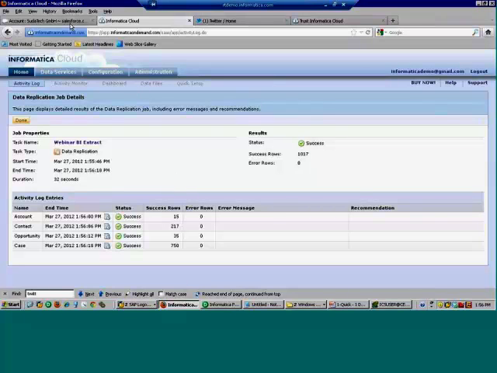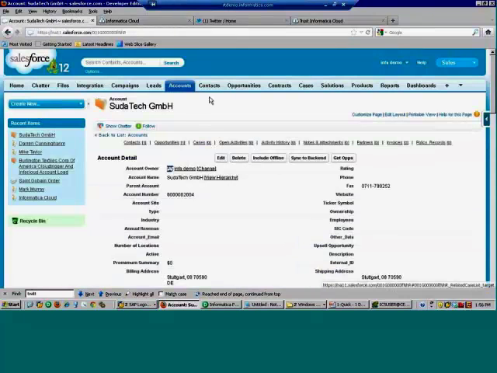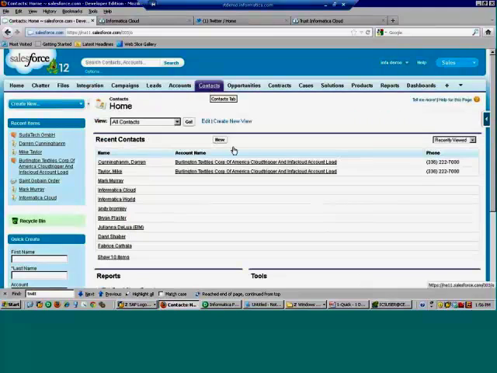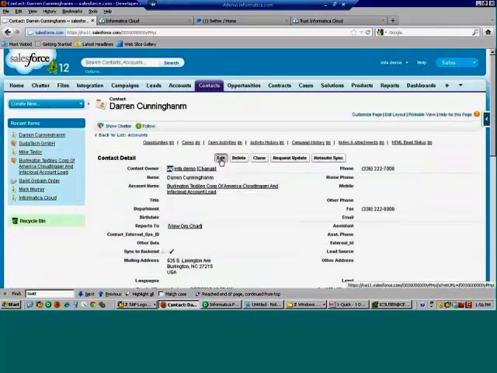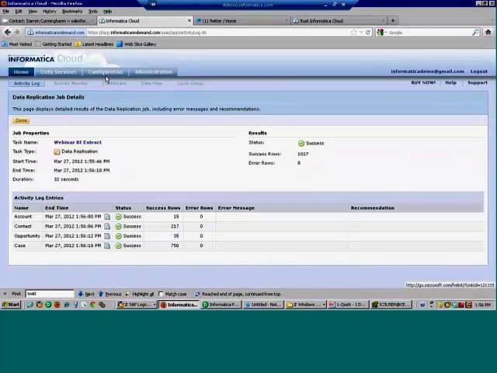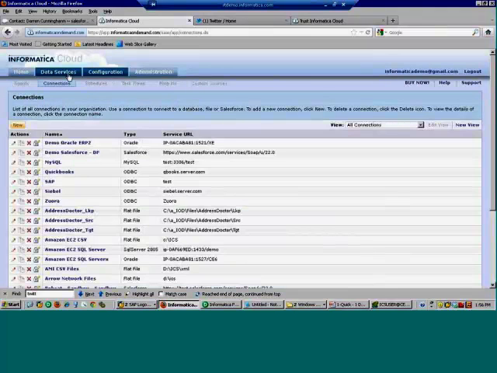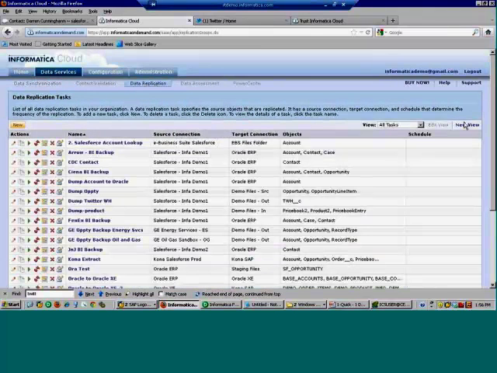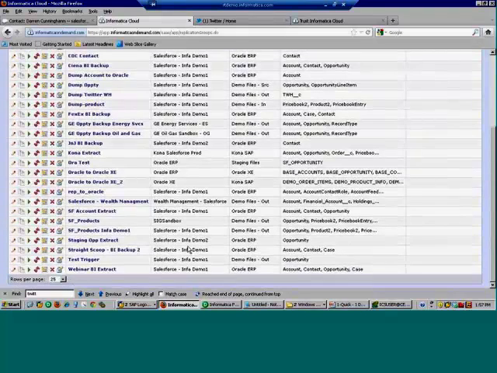That's pretty cool stuff. And where it gets more powerful is if I go back to Salesforce, and let's go to one of our contacts, and let's just edit a contact. We'll edit Darren. We'll give Darren a title. He's a director. So we'll save that. Now, in reality, the replication task is going to be running on some frequency. And if we just go fire that off,